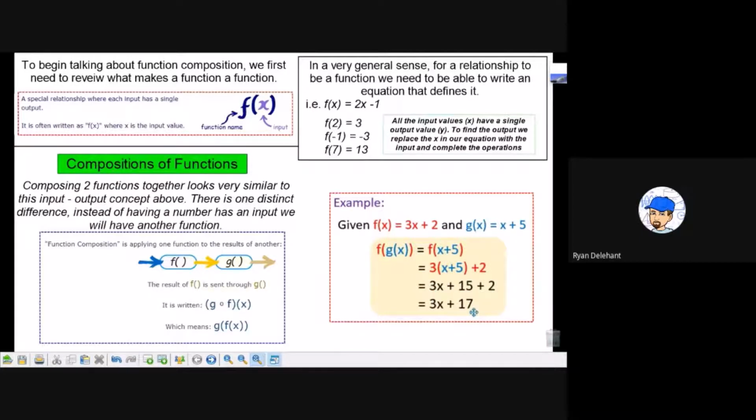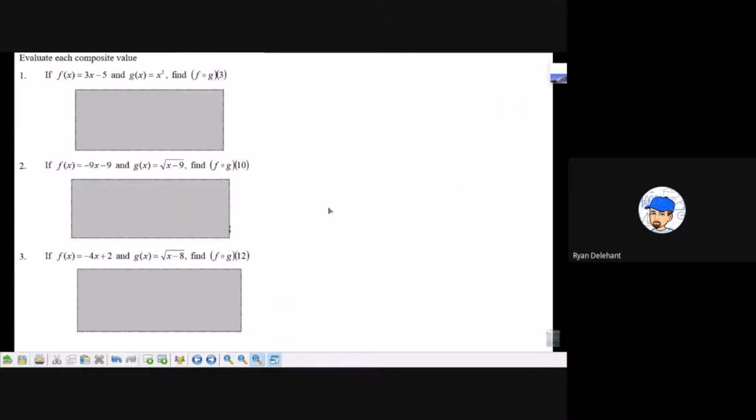So instead of plugging a number in as your input, we're now plugging a function in as our input. And there's a payoff later on at the end of this that helps us do some specific tasks, okay? Well, let's look at a couple more examples. First off with this, I want to talk about the notation, okay? And I've included the one with the little circle here more than anything,